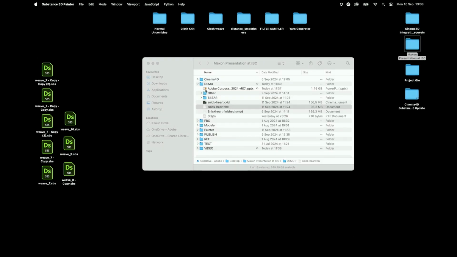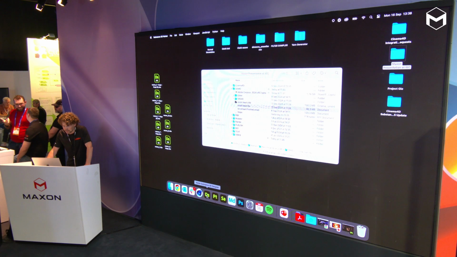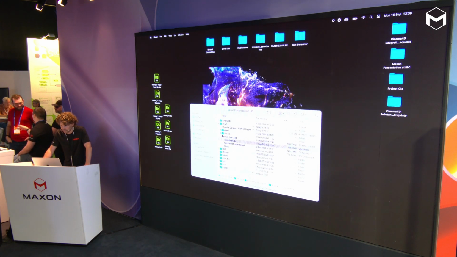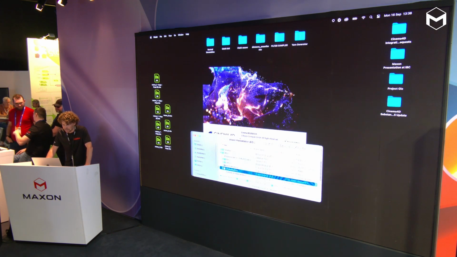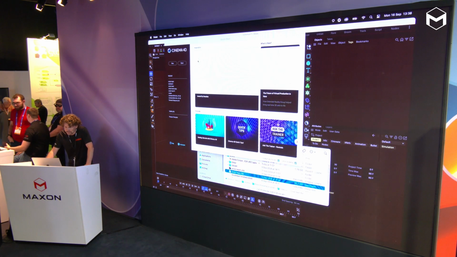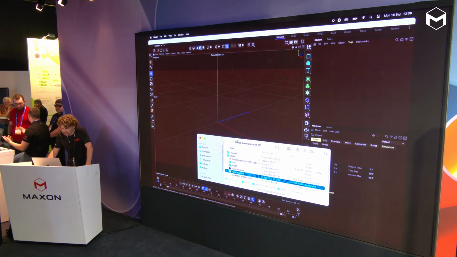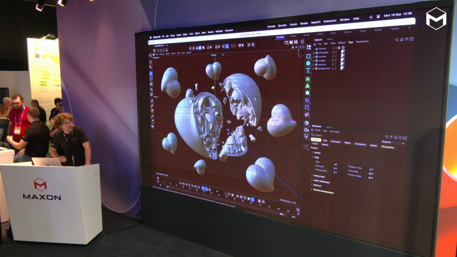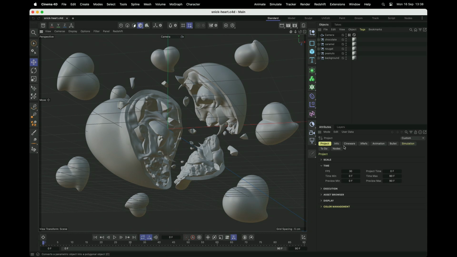Okay, let's jump into Cinema 4D now. And so I will open that. This is Cinema 4D 2025 here. I will open my scene from Modeler. And this is what we get. So as you can see,